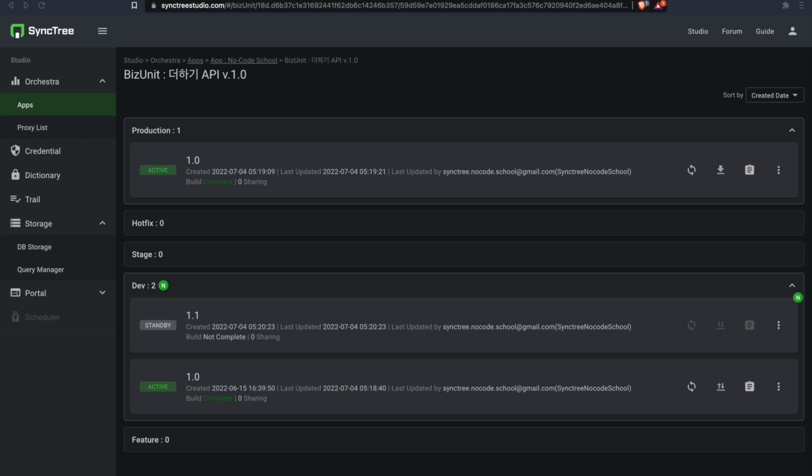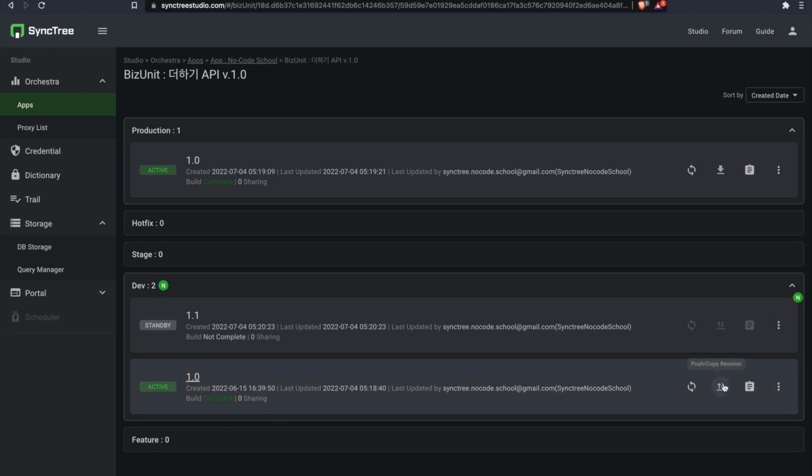Revision has several characteristics, and the first is that you can create multiple ones at the same development stage as you just saw. The second is that there can be only one active per development stage. The rest of them will be on standby. In other words, the revision which is active at a particular development stage represents the development stage. And as I said before, push gives you the right to move on to the next stage.